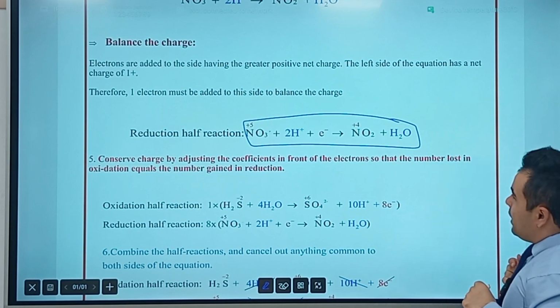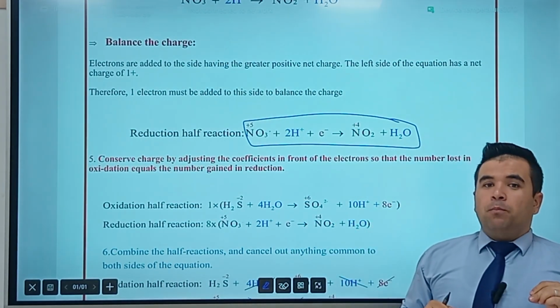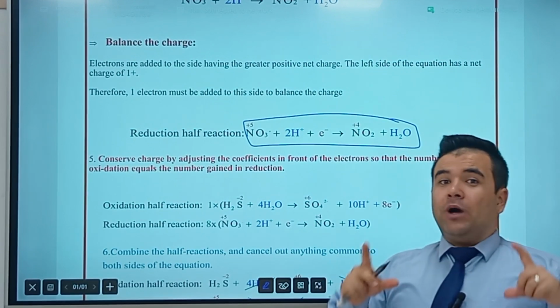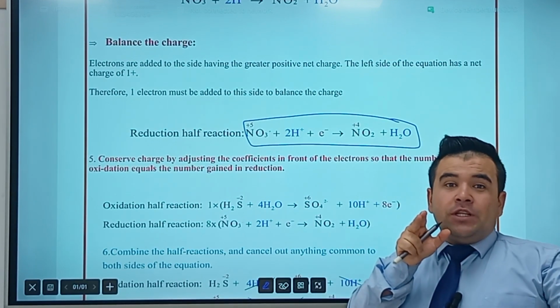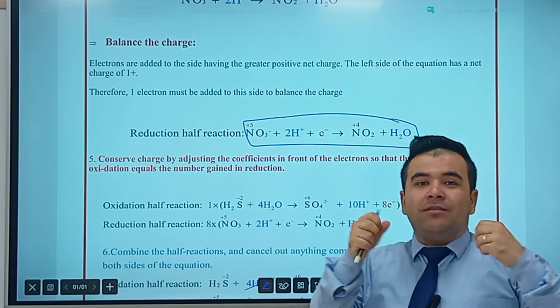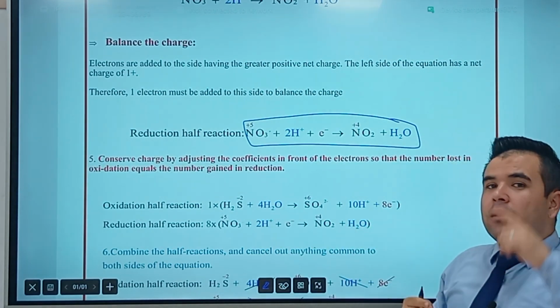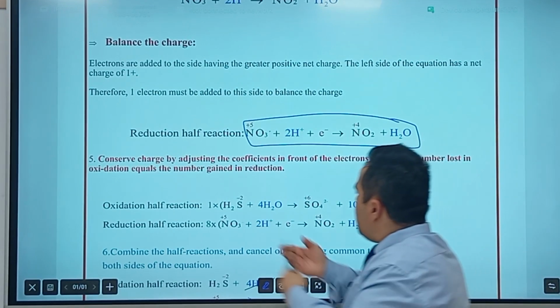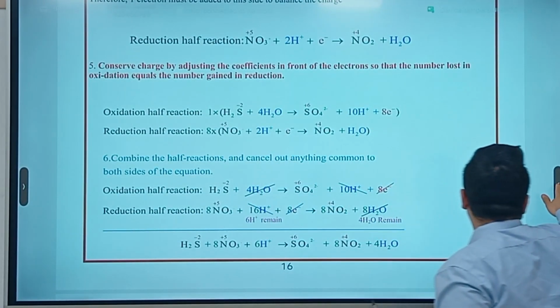The next step is what? Is to add those two halves. But when we are able to add those two halves, whenever the electrons lost equal the electrons gained, we have to equalize those electrons. If not, multiply one of the reactions by the factors. Here we have combined